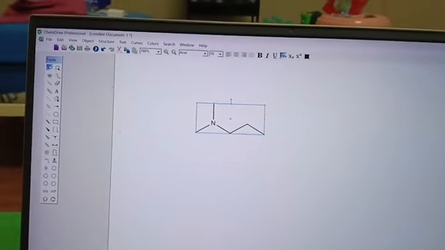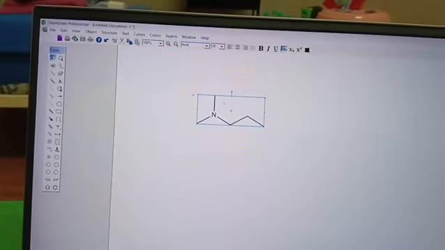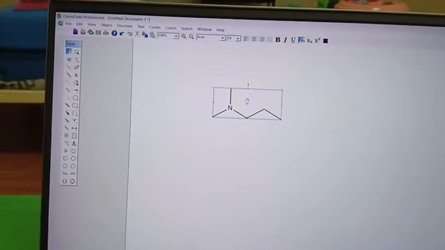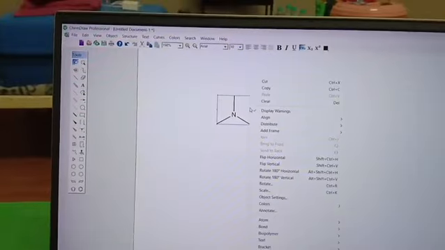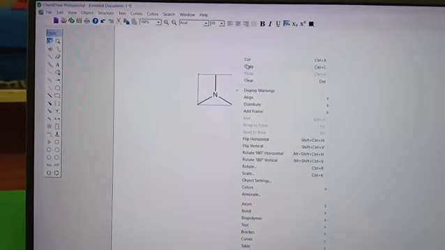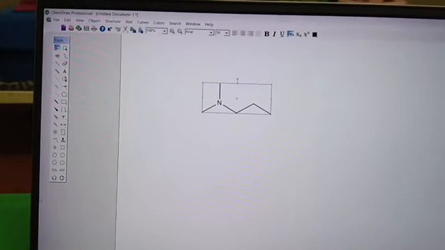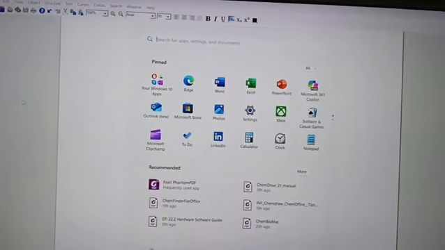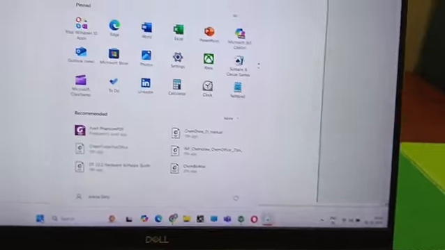You see, earlier the bonds were tilted this side, that side. After cleaning up, the structure is extremely clean now. Now again, right click, make copy. After copying it, we are going to get a 3D model. So through Windows, you just select the